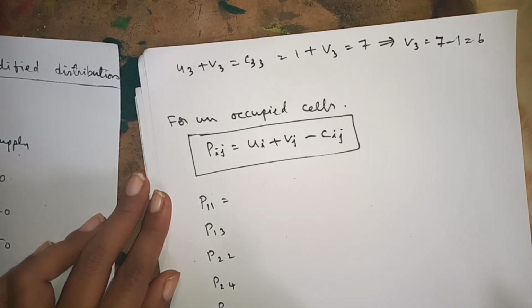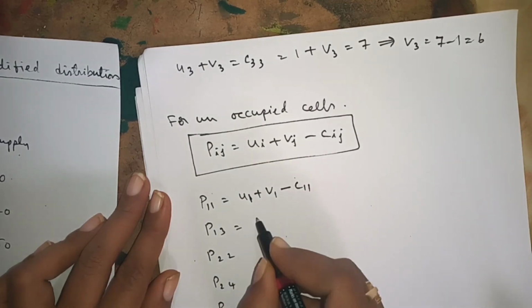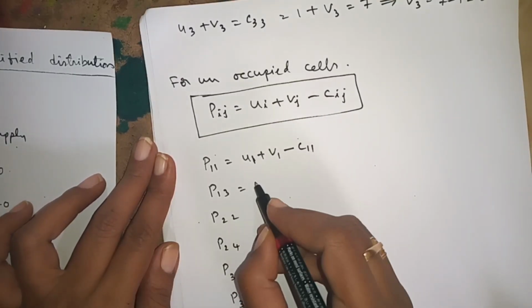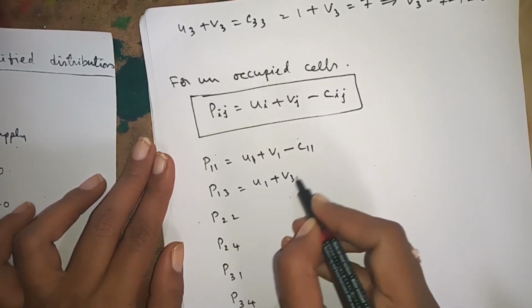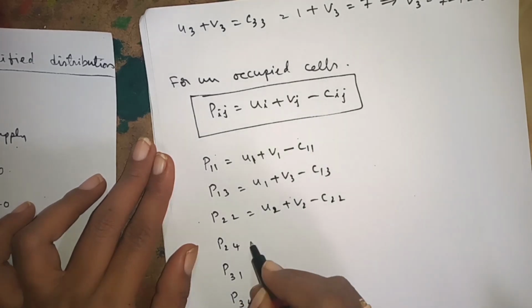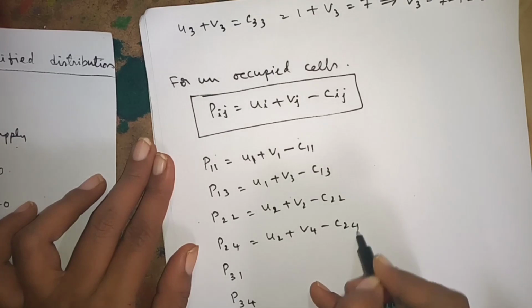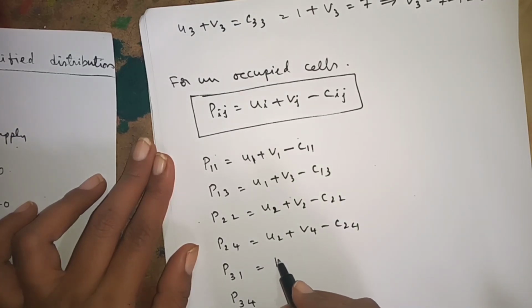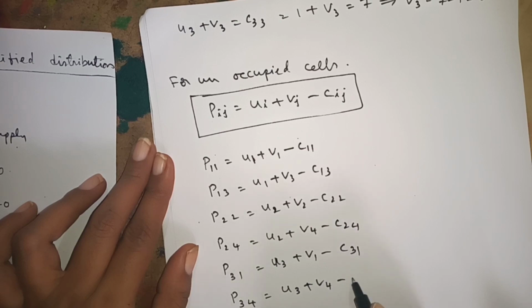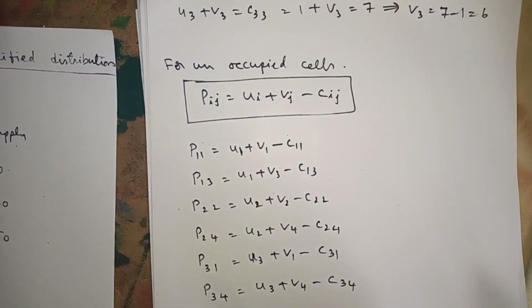Third row, fourth column, P34. P11 is U1 plus V1 minus C11. P13 means U1 plus V3 minus C13. P22 is U2 plus V2 minus C22. P24 is U2 plus V4 minus C24. P31 is U3 plus V1 minus C31. P34 is U3 plus V4 minus C34. Now that is equal to